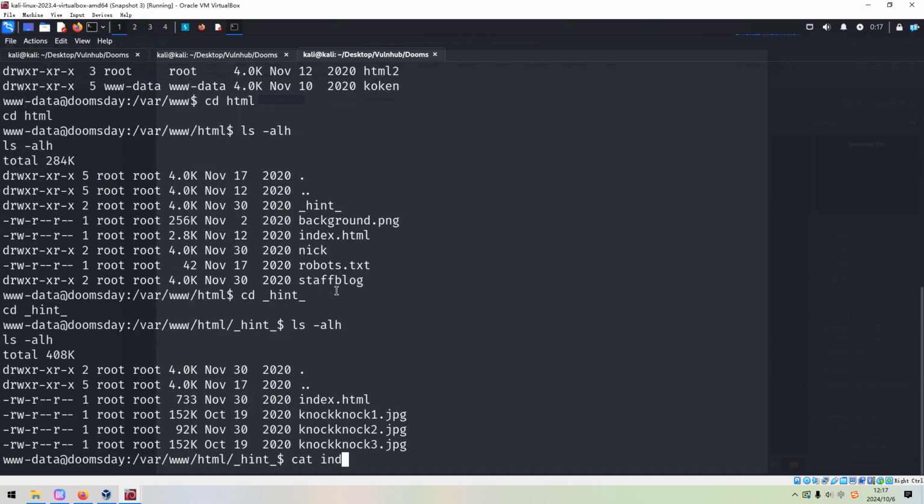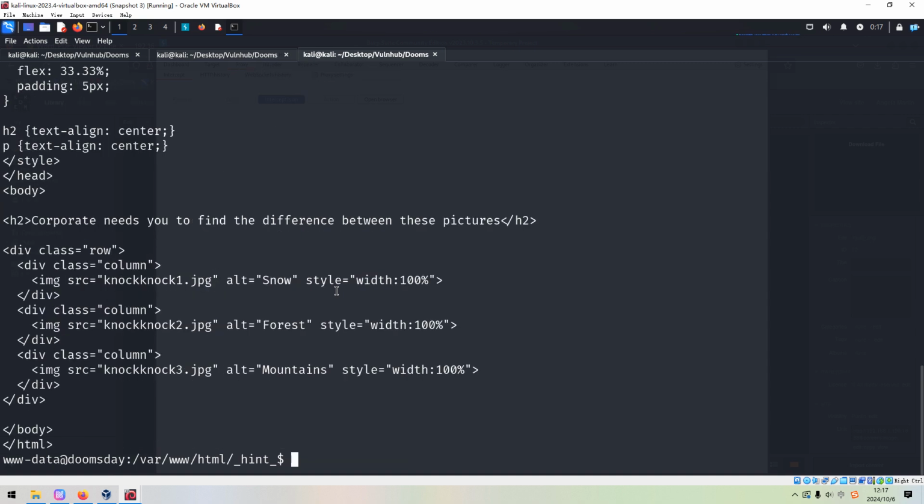Index, we can cat out this file. So corporate needs you to find the difference between these pictures. And the picture name, knock log 1. So from the file name, we can tell that the picture has something to do with port knocking, right?